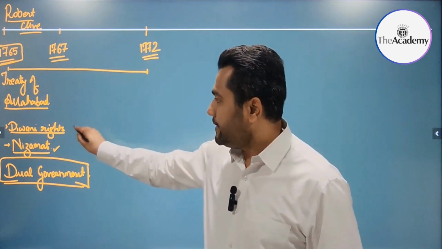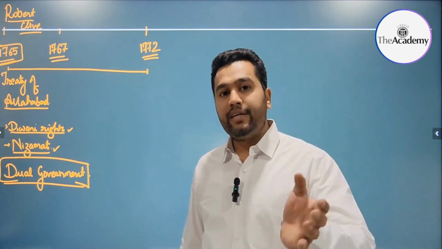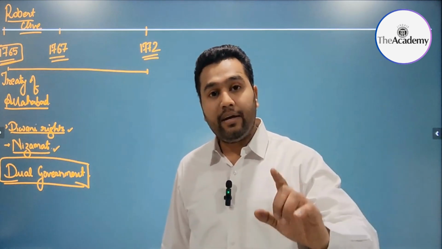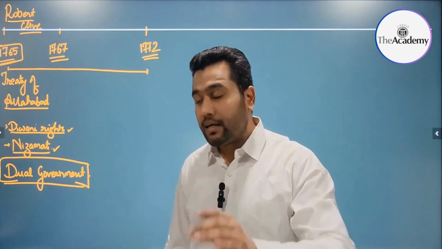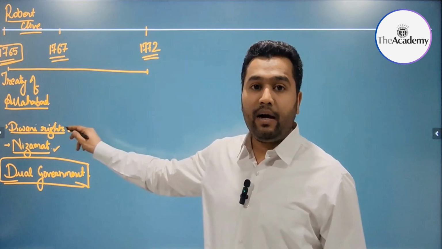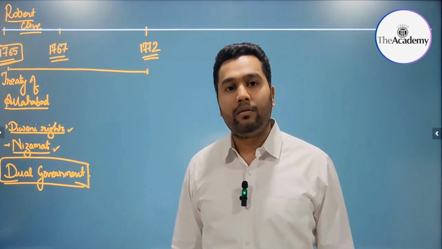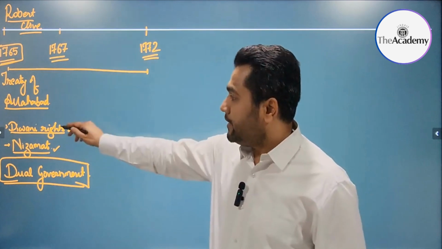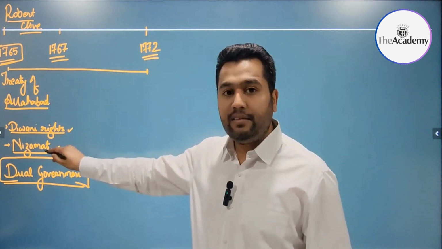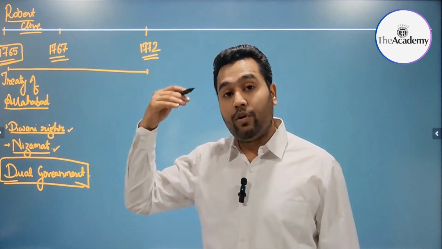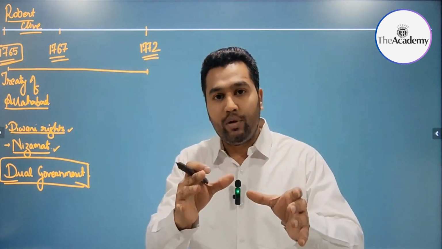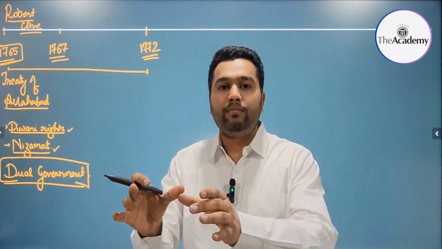And for the Diwani rights, the British appointed Raja Shitab Roy as the Diwan of Bihar, and they appointed Muhammad Reza Khan as the deputy Diwan of Bengal. So in this manner, via the deputies, the English were exercising Diwani and Nizamat function, but who was the titular ruler, under whose name they were ruling? It was under the name of Nawab.